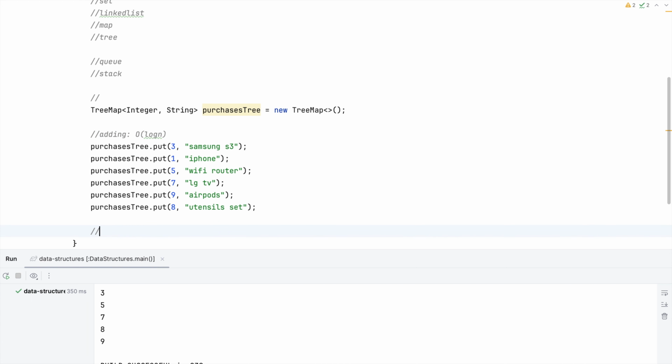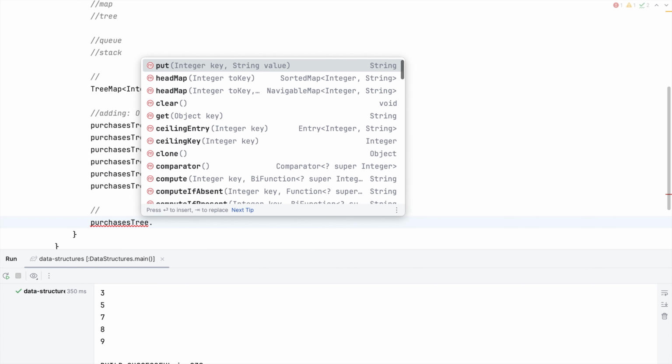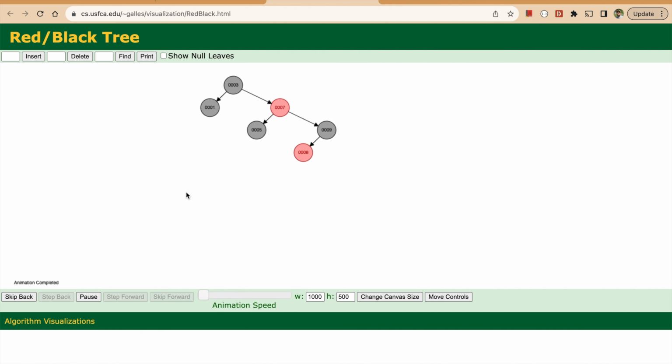Okay, now I can access the data using get and providing the key. So if I want to access what is the item that is sold 7 times, I just can use get. But get here will also use logarithm n, because if you know,